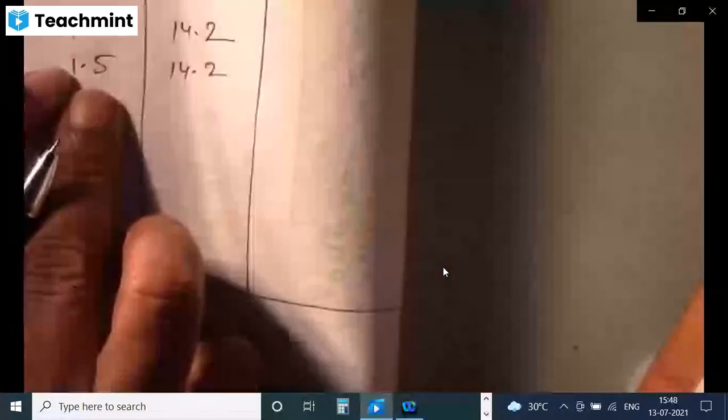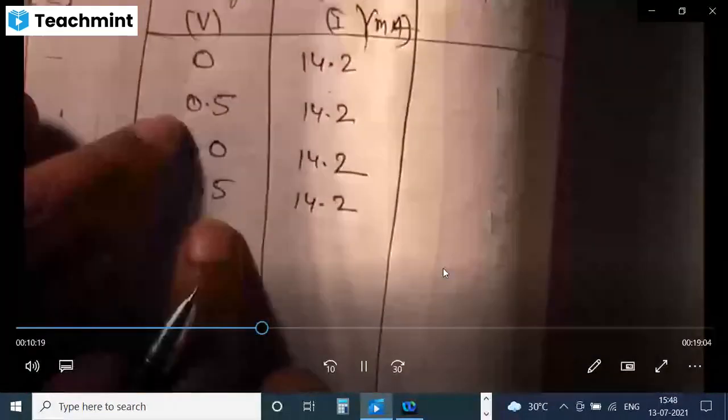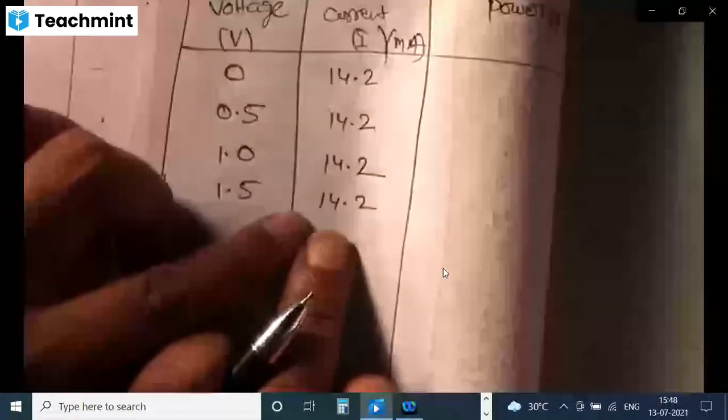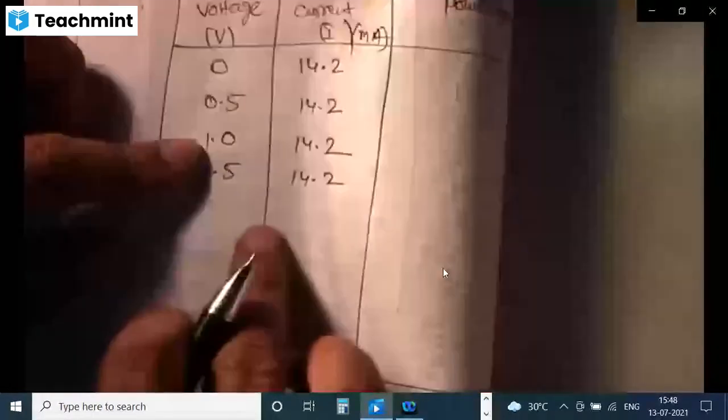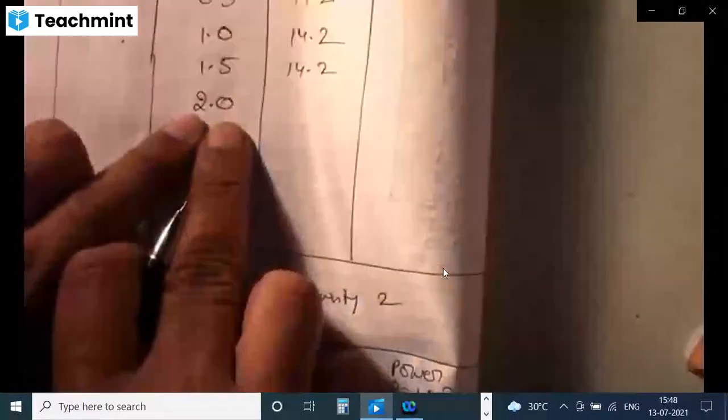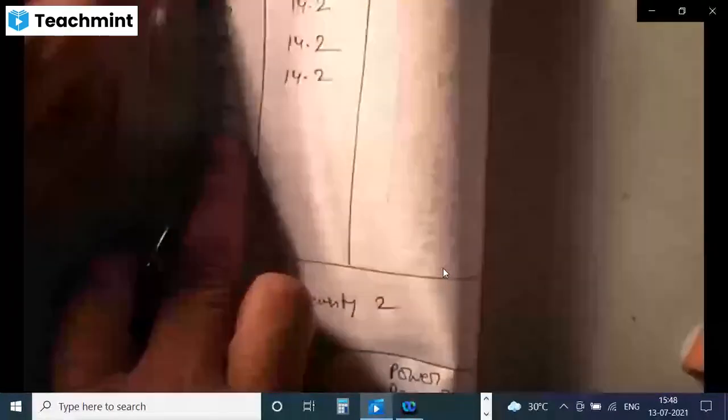Students, you can observe what is the fact, even though there is a variation in the voltage of the solar cell, it will deliver constant current output. This fact you have to understand. But forever? No, not forever. So after a particular voltage, current also decreases. But in this region, if the solar cell is operated in this region, it will deliver constant output current initially. Okay, right. So next task is to maintain the load resistance to get 2 volts.